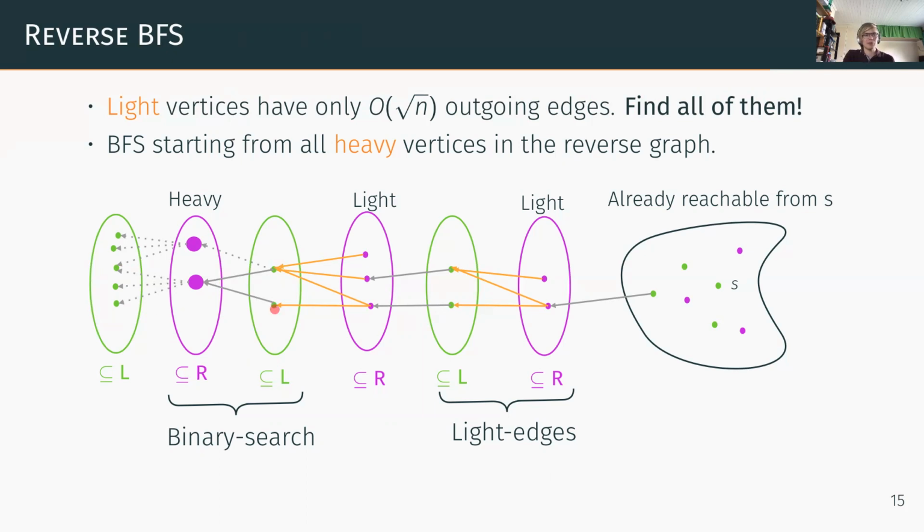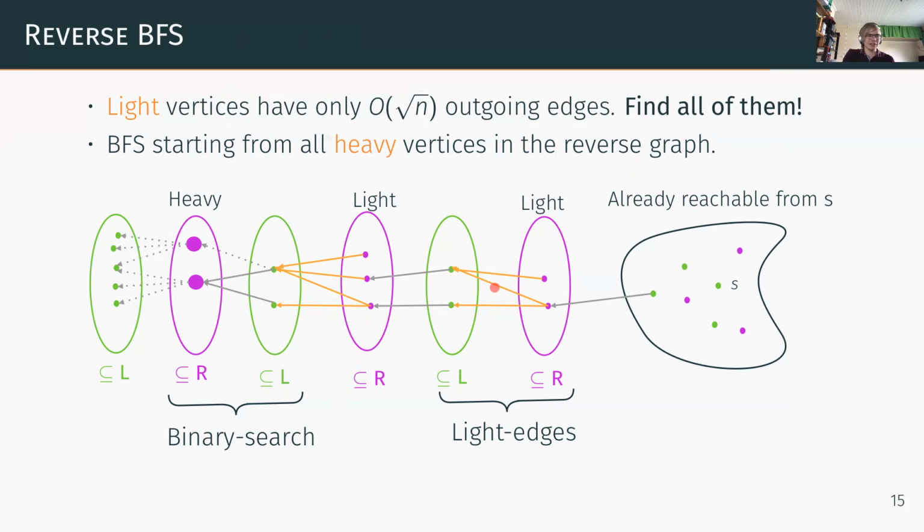Where we got stuck before was moving from L to R, but now we note that only light vertices can be here because all the heavy vertices are the roots of these breadth-first search trees. So we know all these edges already. We have already found them. So we can just traverse them without using any more additional queries. And then when going from R to L again, we use the binary search trick, and then